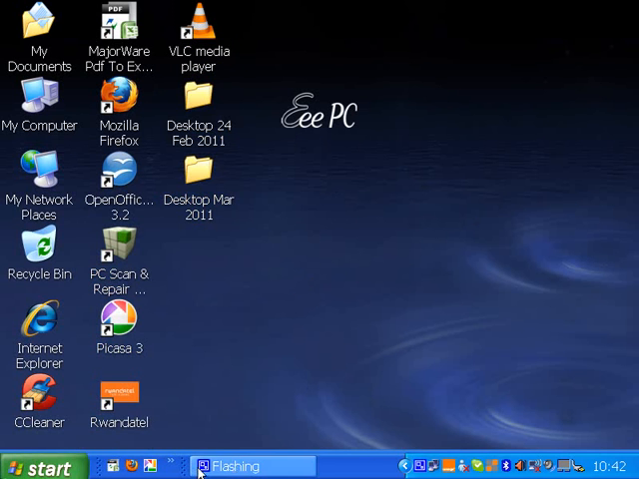The nature of this taskbar at the bottom here has changed. There's still a start button, but the graphics are slightly different on the whole. So